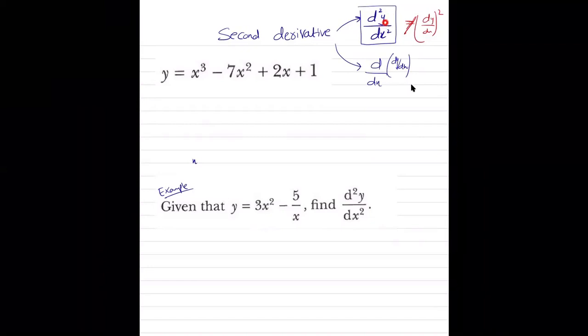Now, one thing that you need to be clear about is that d square y over dx squared does not mean at all that you're squaring the differentiation of dy by dx. This is a common mistake seen across the students. So d square y over dx squared simply means the second derivative. It can mean the differentiation of dy by dx, but for sure it does not mean dy by dx the square. Okay, so be careful of this error.